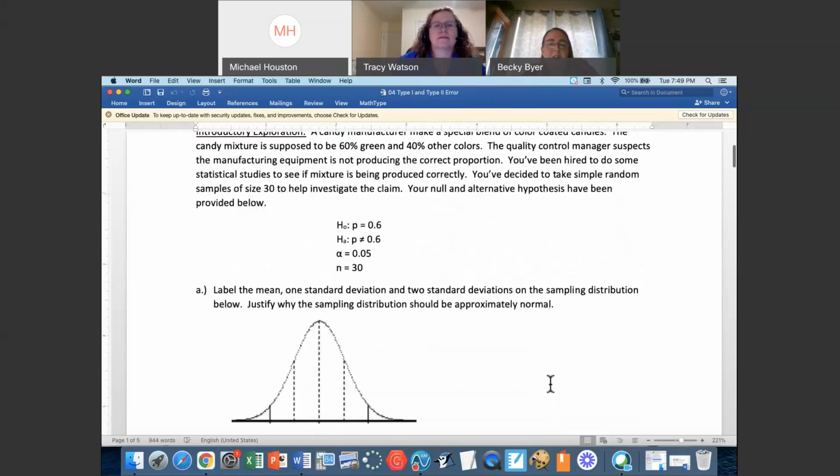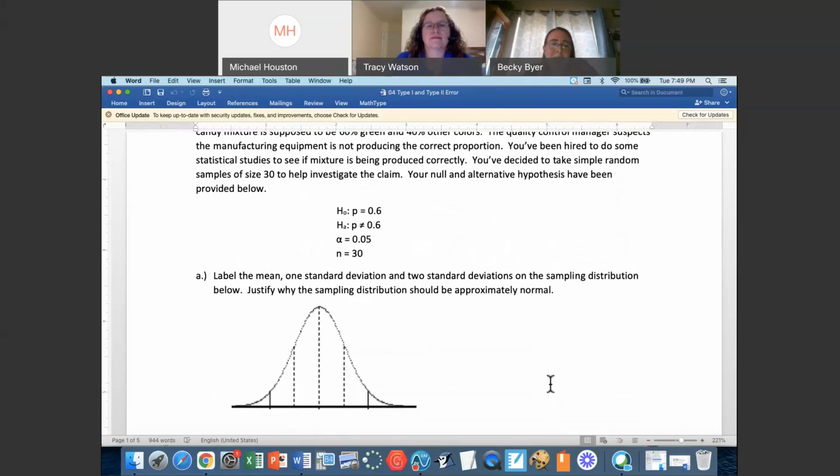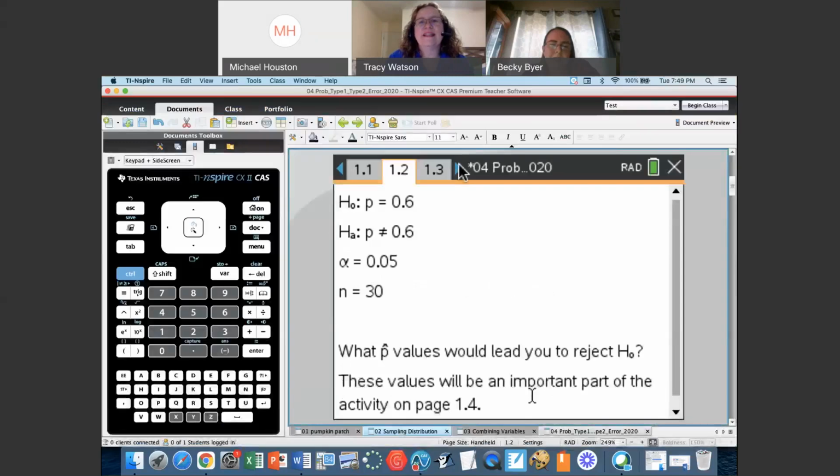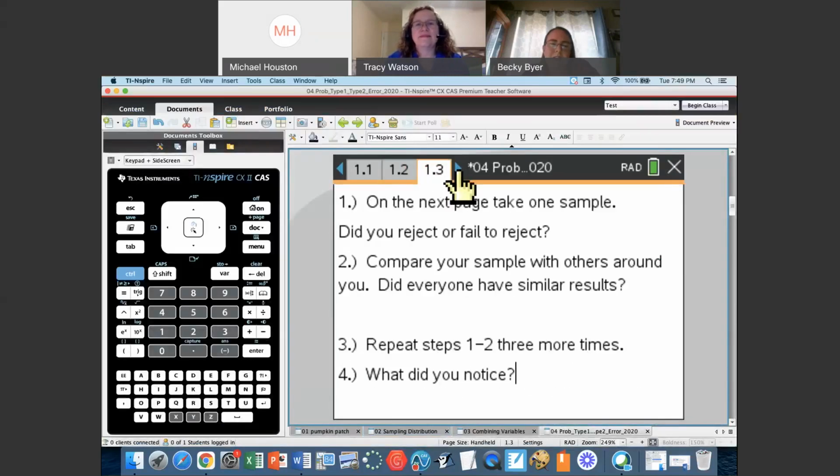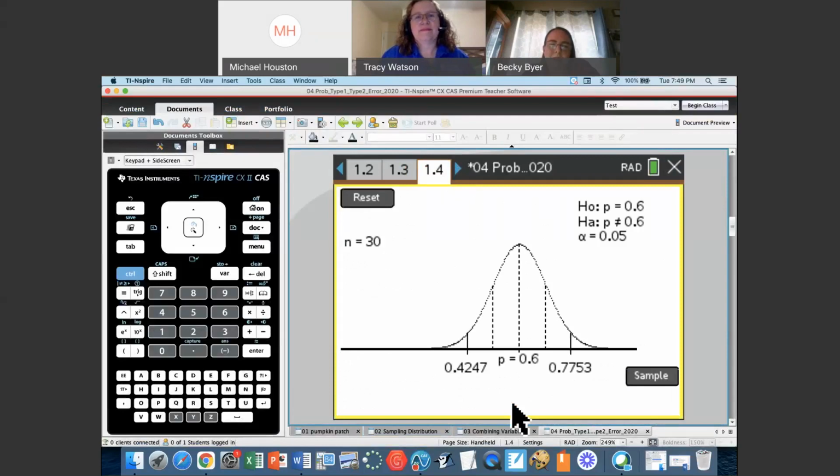So what are you going to do? You're going to go out and you're going to take a sample. I told them I can't send them all to a candy store and have them take a random sample. We could go get all sorts of candy to do that. But on our sampling distribution app, I can send them all out to really quickly do a sample. So here's what's going to happen. She's going to hit the sample button. She's going to go out and sample 30 candies and collect how many of them are green. And we're going to plot that proportion. And so out of her sample, only 0.704 of them happen to be green.